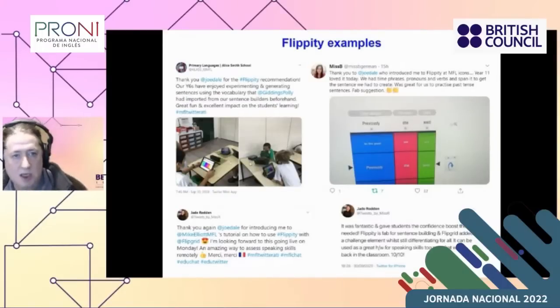So as you can see, you've got primary languages, Alice Smith School here, talking about using it for generating vocabulary. Miss B. German, who's head of department in the West Midlands in the UK, using it for time phrases, pronouns, and verbs. Jade Redden, who's talking about a video that Mike Elliott created, who's head of department in the south